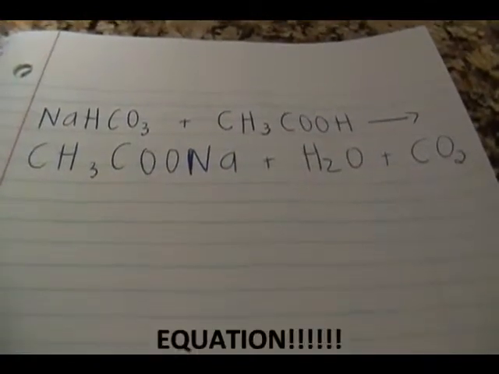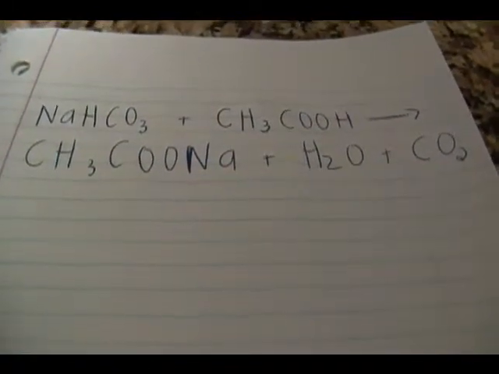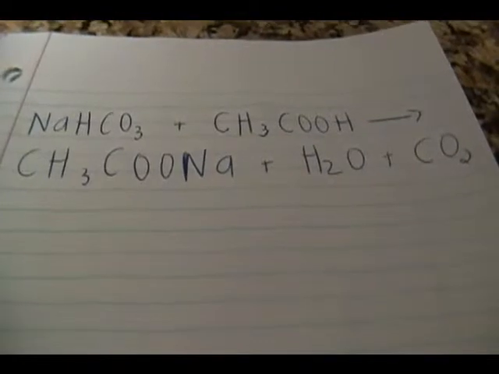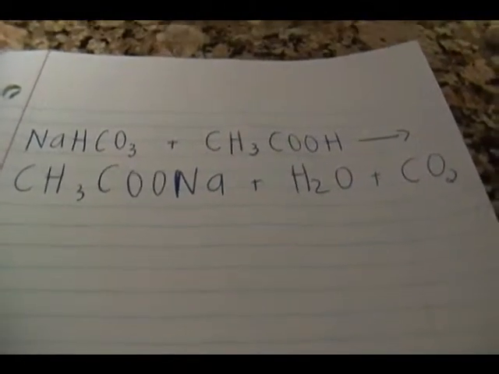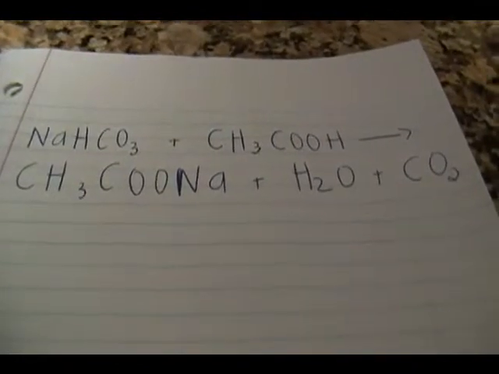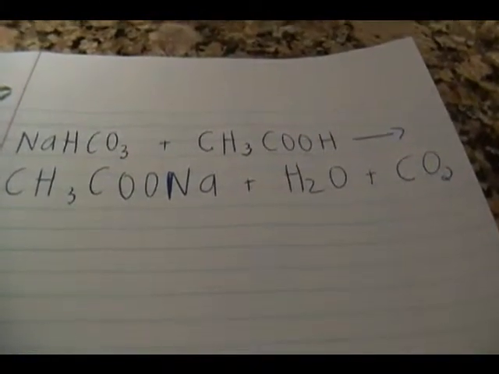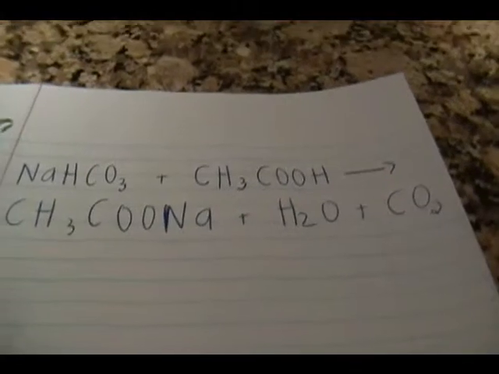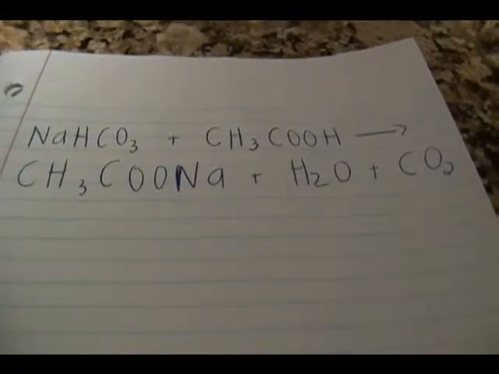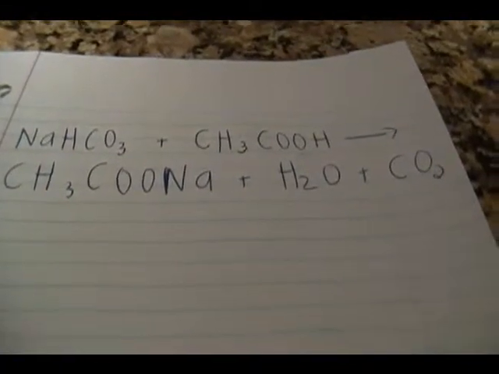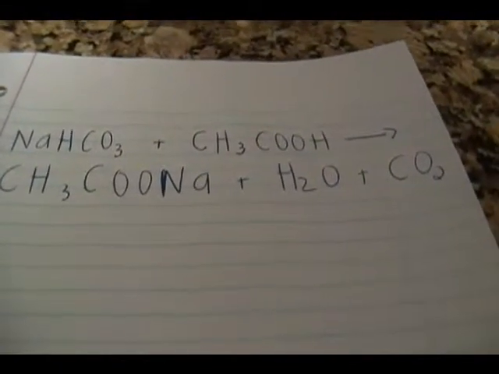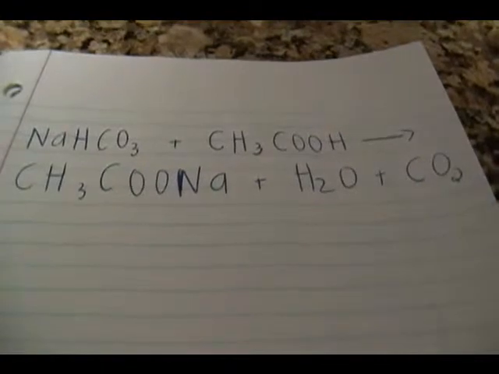This is your chemical equation for baking soda and vinegar. First off, in the reactants, we have NaHCO3, which is your baking soda or sodium bicarbonate, plus CH3CO2H, which is your vinegar or acetic acid, and it creates CH3CO2Na, which is your carbonic acid, plus H2O, which is water, plus CO2, which is your carbon dioxide, which is